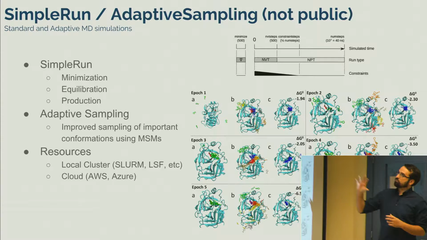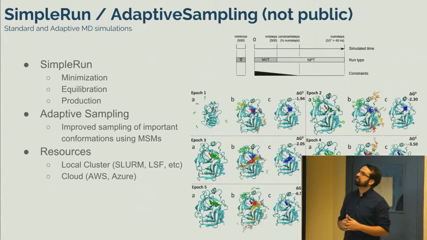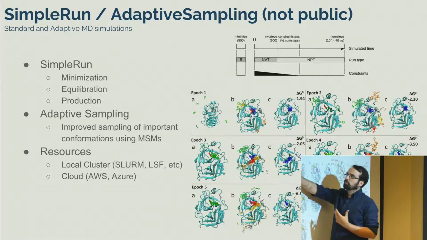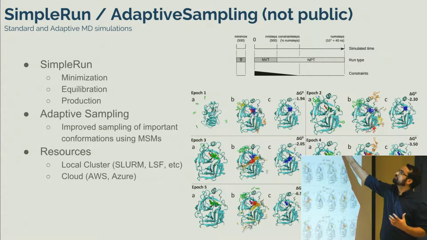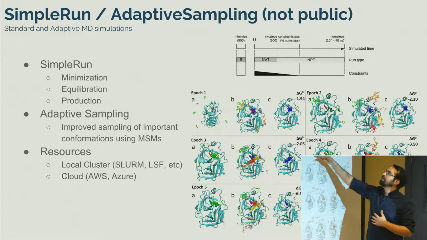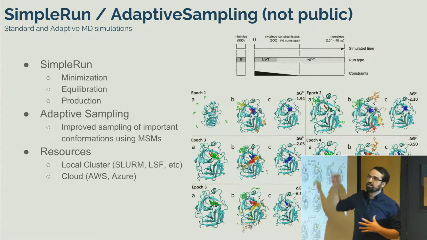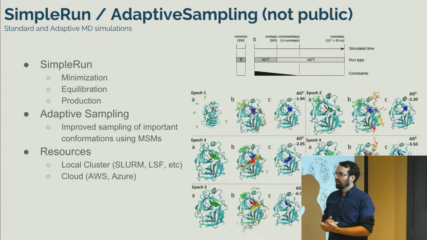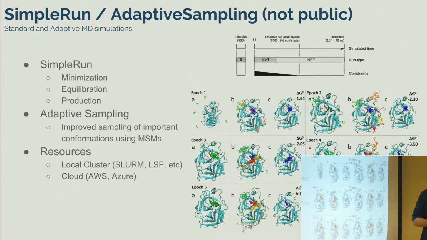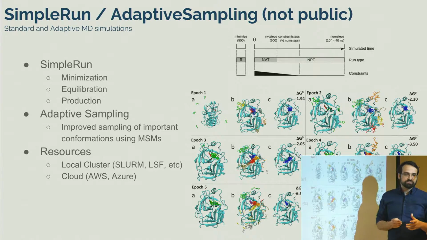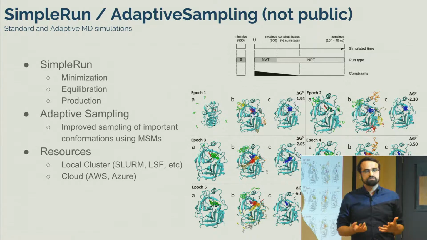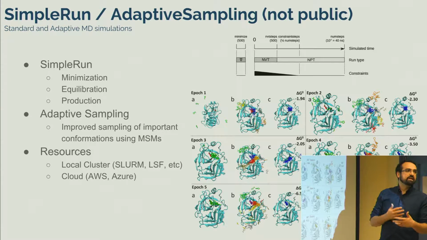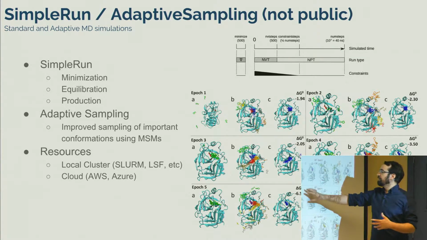Basically, we have two different tools for doing molecular dynamics. I'm not going too much into the details here. We can do a simple run, where we do a minimization, equilibration, and production, which is exemplified here with the schematics of how it behaves. We can also do adaptive sampling, which is improved sampling of important conformations using Markov state models. I'm not going into the theory here, but basically it's a learning MD, where in different epochs